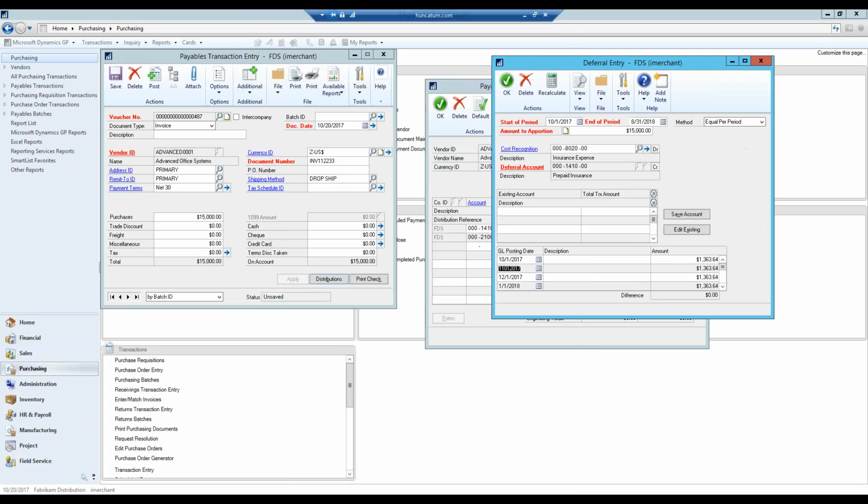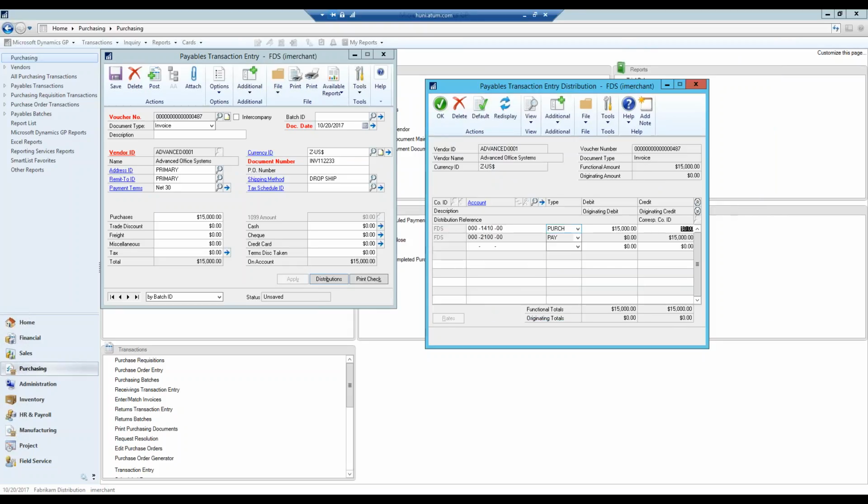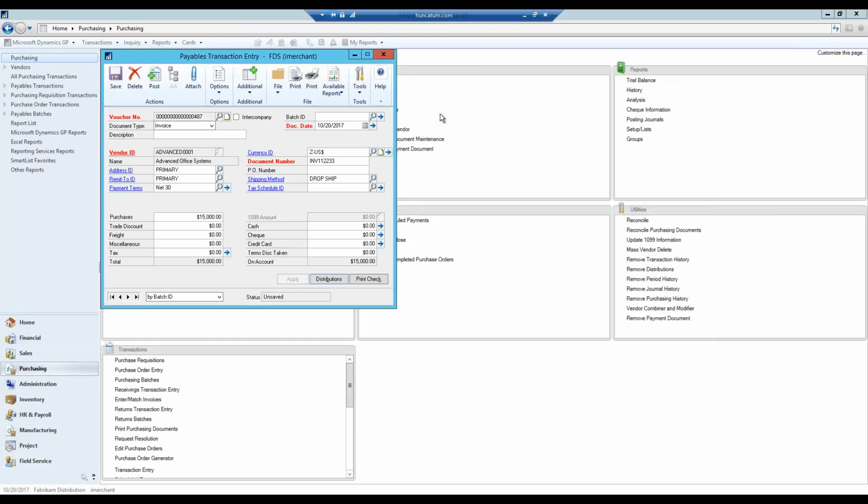So this is how you can go ahead and do it on the fly if you haven't set up a deferral. The deferral itself just gives you the extra security that you don't have on the fly. Okay. Do you want to save changes? Yes. And when I press OK, when I post a transaction,